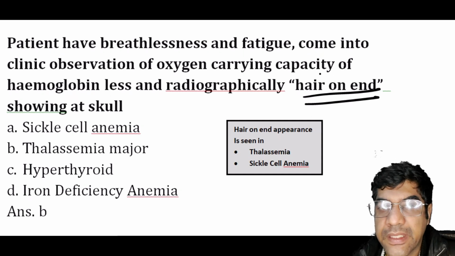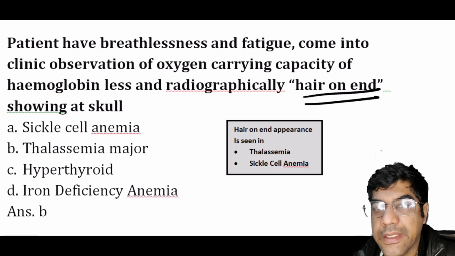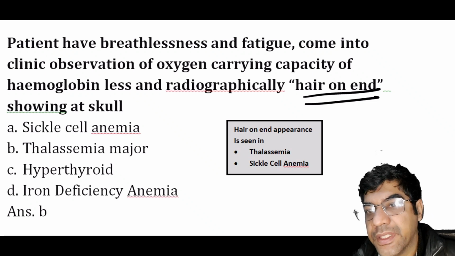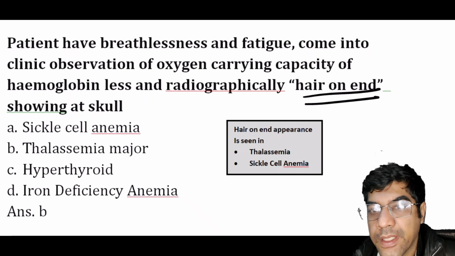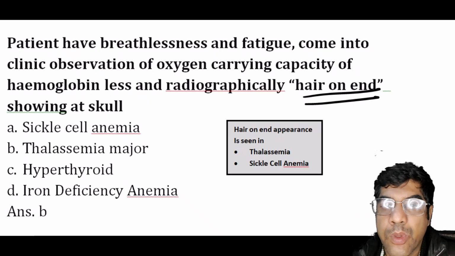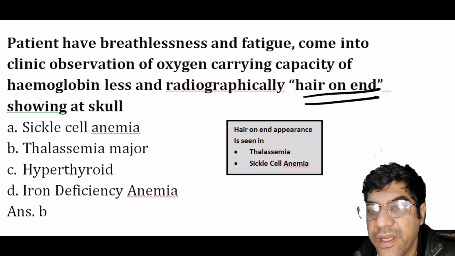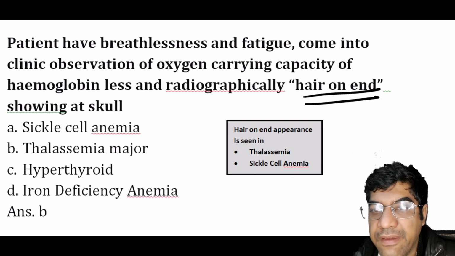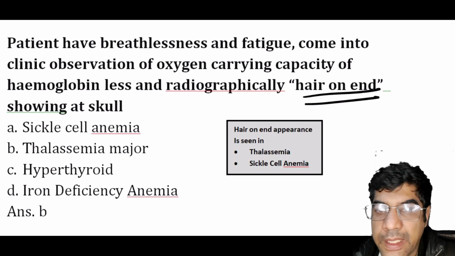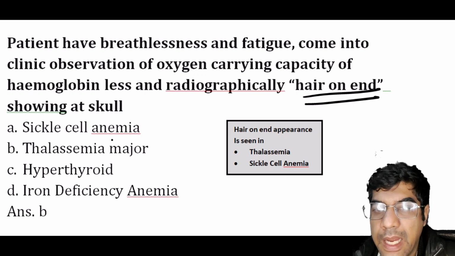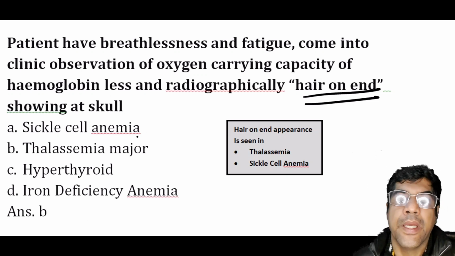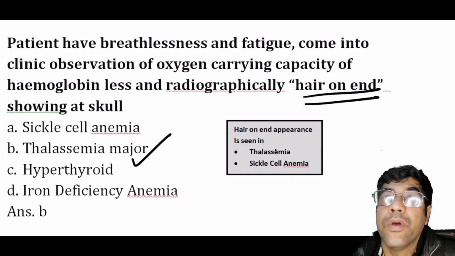They are the classical features that are associated with thalassemia major. Thalassemia, we know, is a genetic blood disorder that is characterized by reduced hemoglobin production. Thalassemia major is the most severe form and is associated with significant symptoms and complications. So the classic radiographic changes in the skull in thalassemia major are the thickened calvarium and characteristic hair on end appearance. So your answer would be